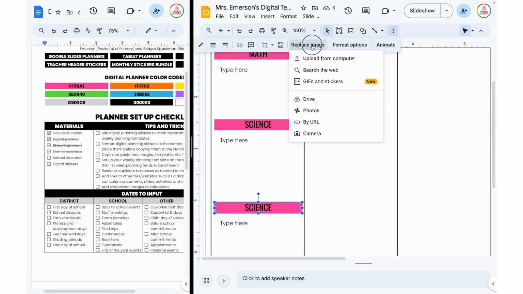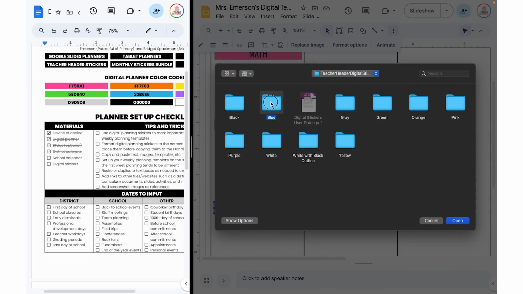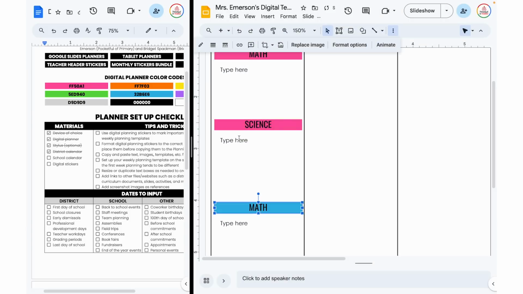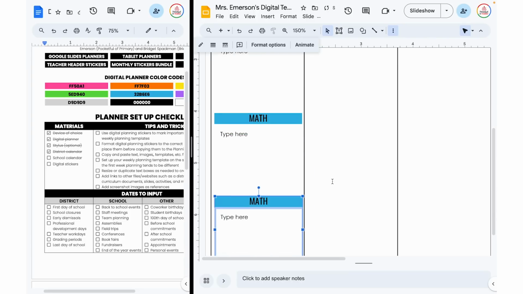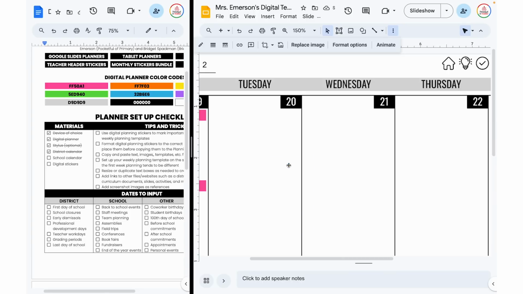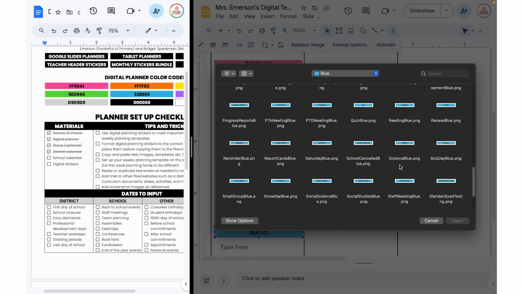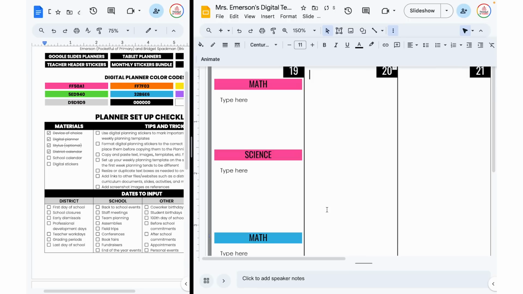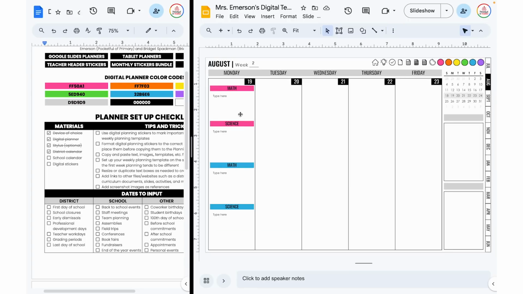So we're gonna swap out, instead of pink, we're gonna go to blue. And we're gonna do math right here. And then again, duplicate. Okay. And actually, spacing wise, that worked out pretty well for just eyeballing it. We're gonna swap that out for science. Open. So now, if I zoom back out, this is something where I can then duplicate that across the days and